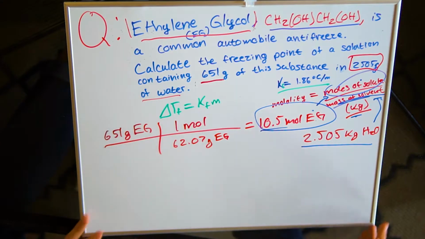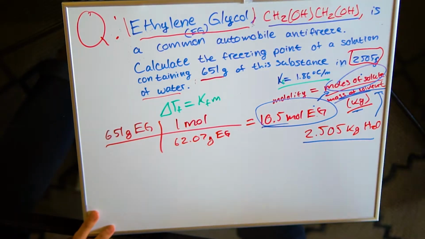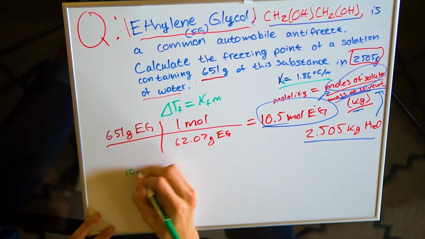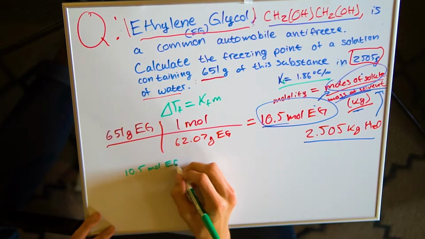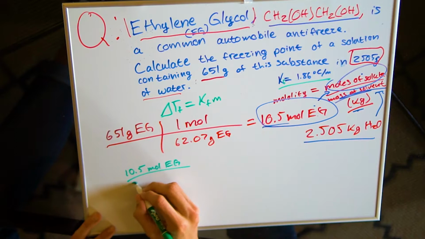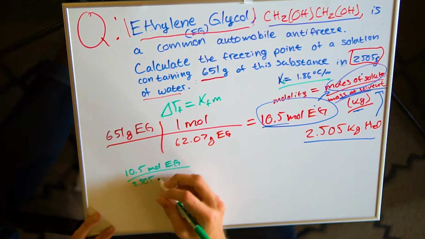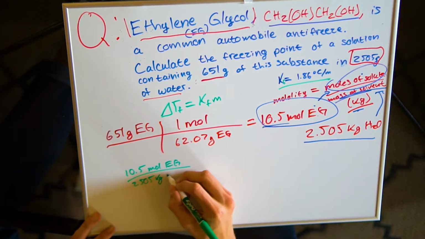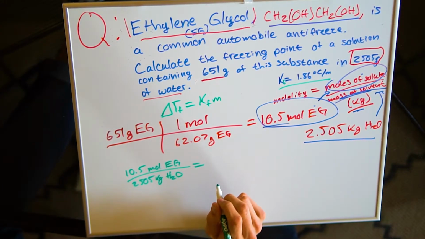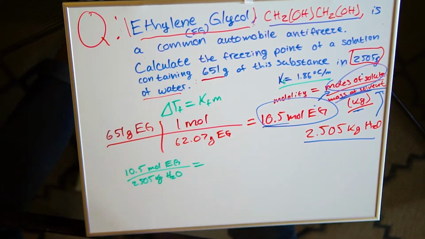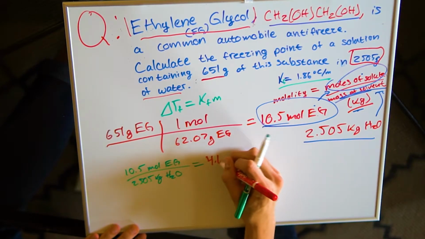All we have to do is divide. So we're going to have 10.5 moles of ethylene glycol over our 2.505 kilograms of water. Divide this up, plug it in the calculator. It's going to give us 4.19